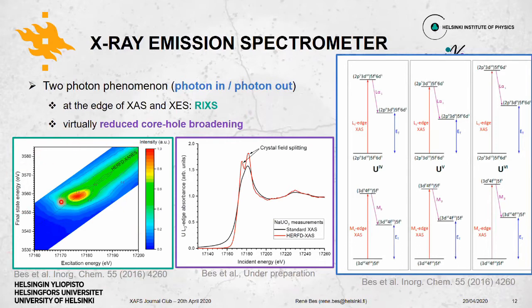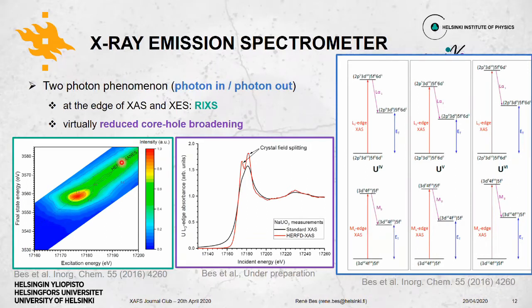On this picture, you have the excitation energy, so the incident beam energy, and the final state energy, which corresponds to the difference between the excitation energy and the fluorescence line energy. And the high energy resolution fluorescence detected XAS is typically a cut along the diagonal here,